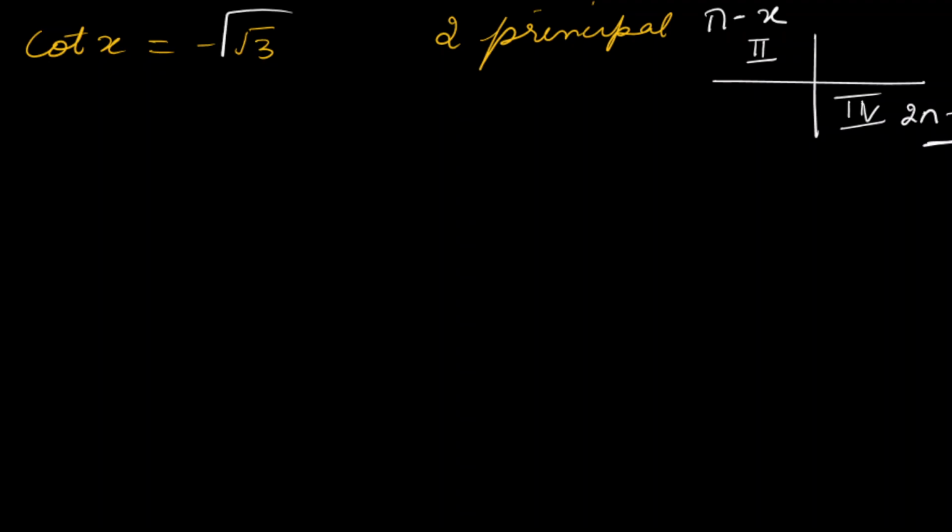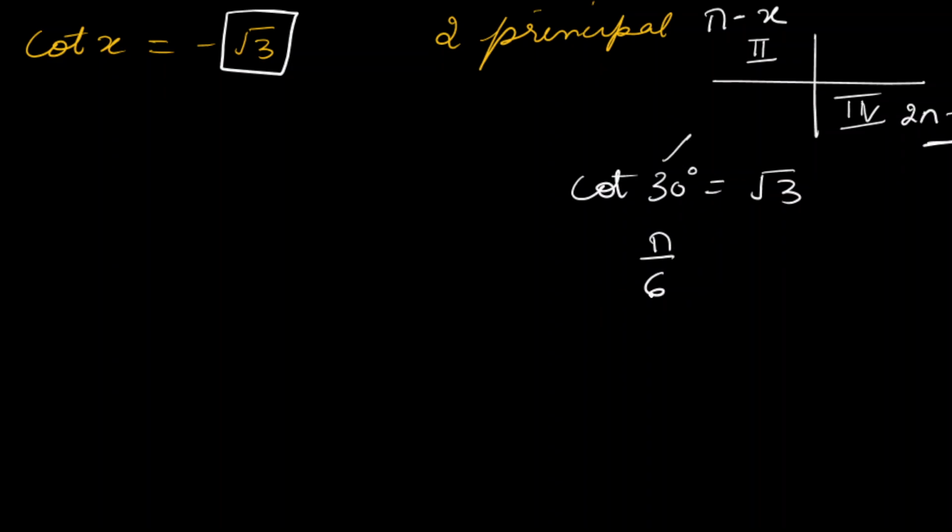So first of all, you only have to see this part. Root 3 we have to see, and this is equal to what? We know cot 30 degrees is equal to root 3, or if you want to write it in radians, it will be pi by 6. These things I have already explained; you can go through previous videos of this chapter. You will have clear understanding.